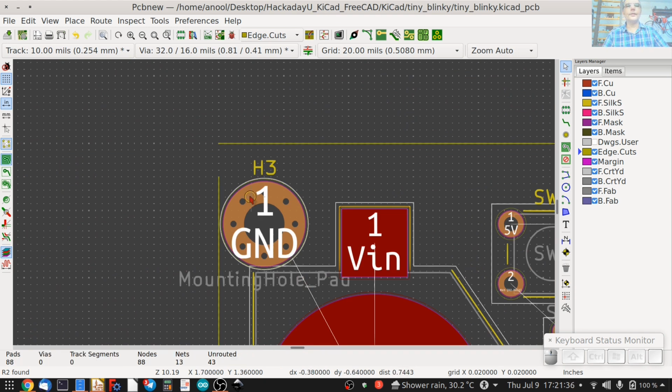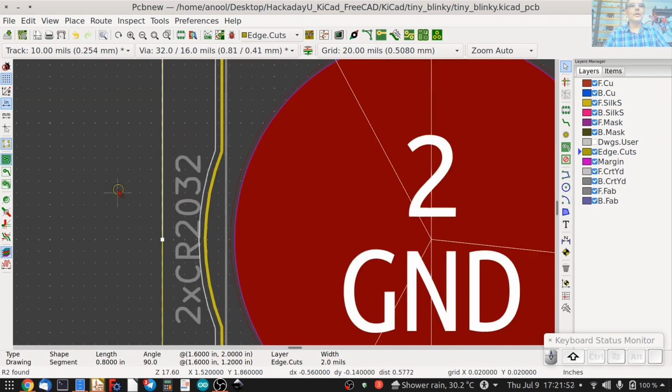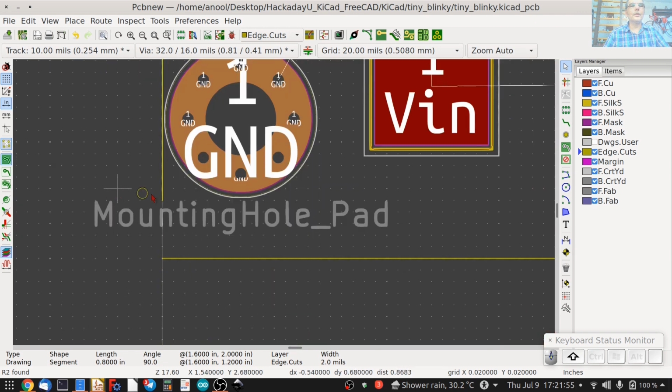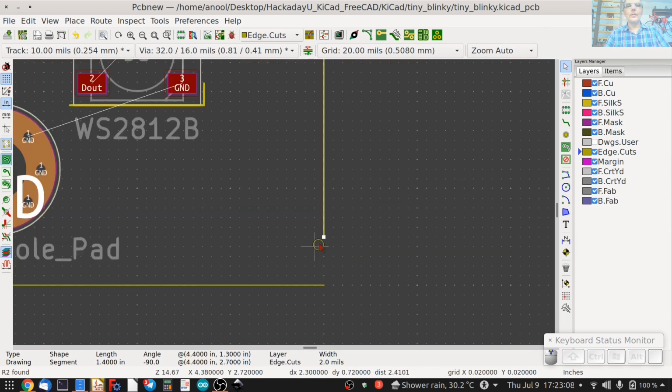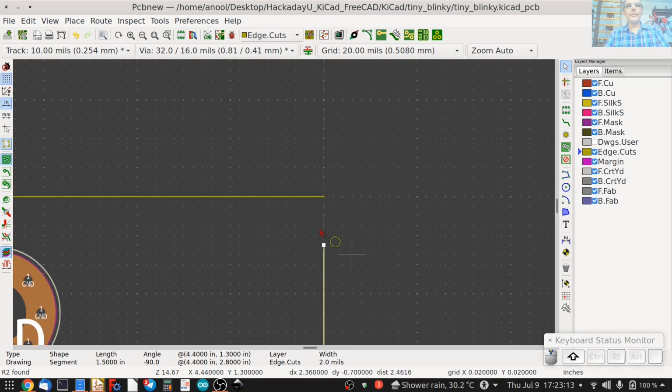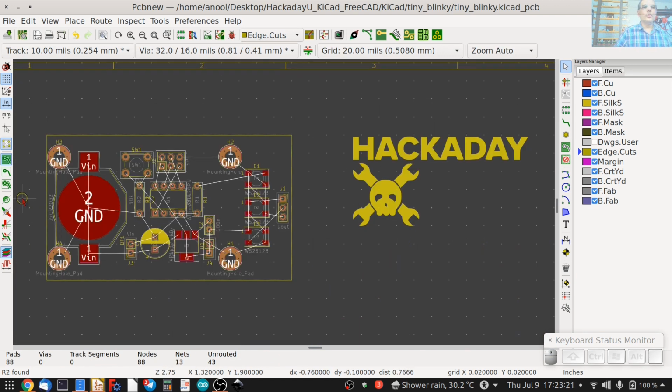So let's move these lines. I can select this line, hover my mouse over the end point of this segment and then drag it like so. And then repeat this process with the other one over here. Choose this. Let's drag this one as well by grabbing the end point and pulling it here. Then scrolling up, dragging the other end point and pulling it up like so. Press home and you zoom all, and that's the new board outline.